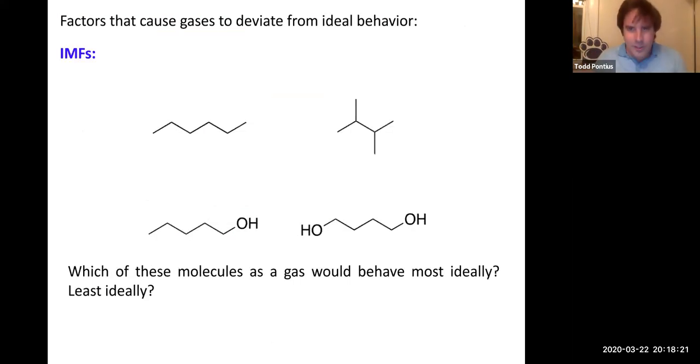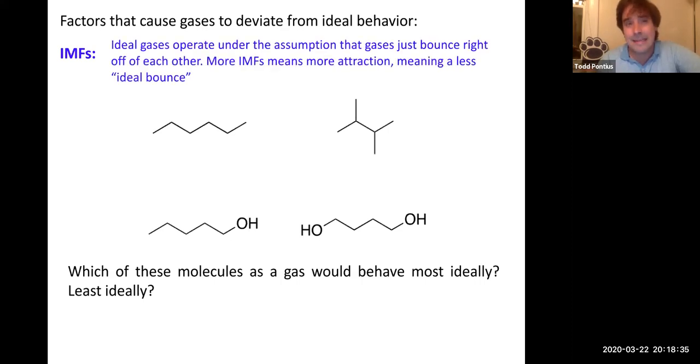So first, let's talk about intermolecular forces. And we have here 4 different molecules. And a question that I have for you is, which of these do you think would behave most ideally? Which do you think would behave least ideally? So intermolecular forces. We're assuming with ideal gases that there are no intermolecular forces. So if there are more IMFs, that means we have a less ideal bounce because, so let's take this down to super slow motion. As the gases are about to collide, ideal behavior assumes they just bounce right off of each other. But what actually happens is there's this moment of interaction